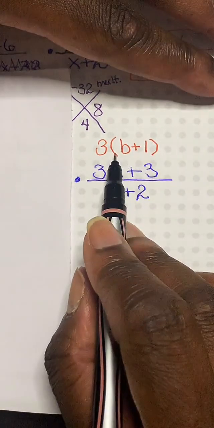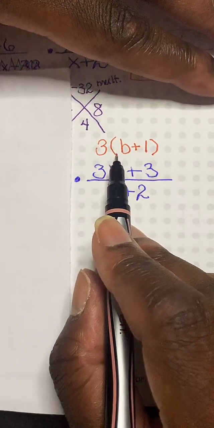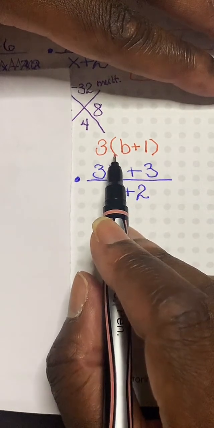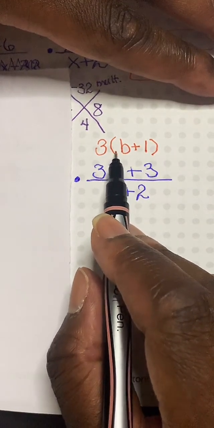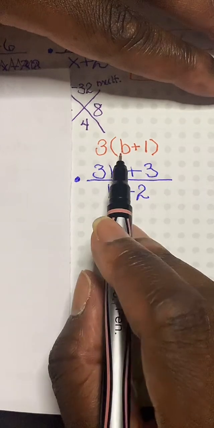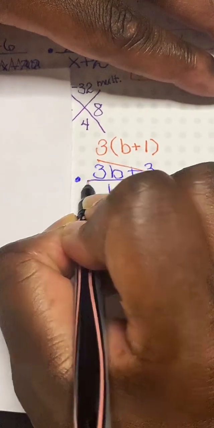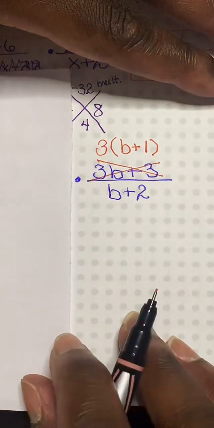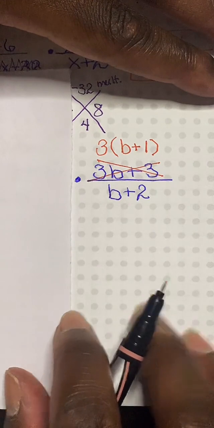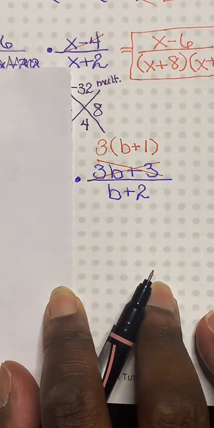If you put a 1b here, that's fine. Again, this is not Squid Games. We're not going to off you because you put a 1 there. You're just doing what you need to do. So we always got to think, do I have a GCF? Have I factored everything out? Once we've done that,